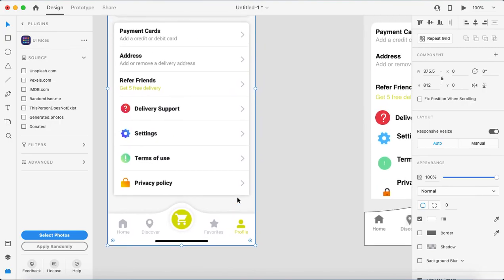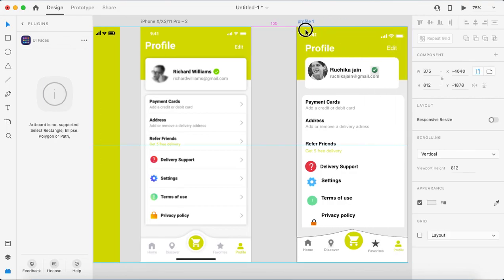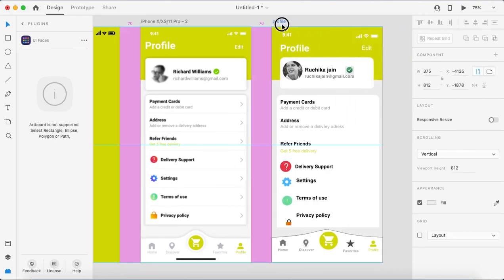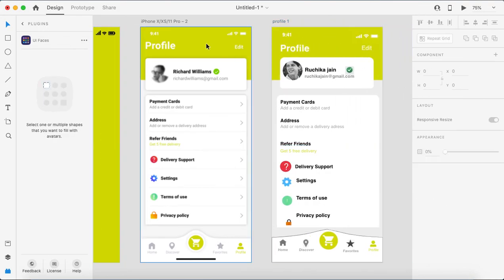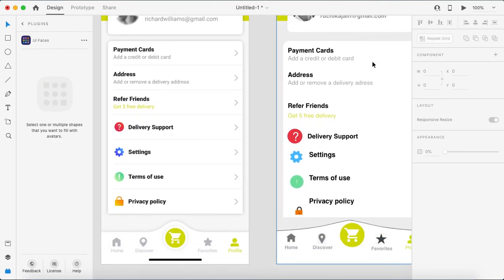Okay, now let's compare with the design that you have made. Profile is here, this is text, this is text, this is text. Image is fine, this text is fine. Okay, here see, this gray color is coming because it's not transparent.